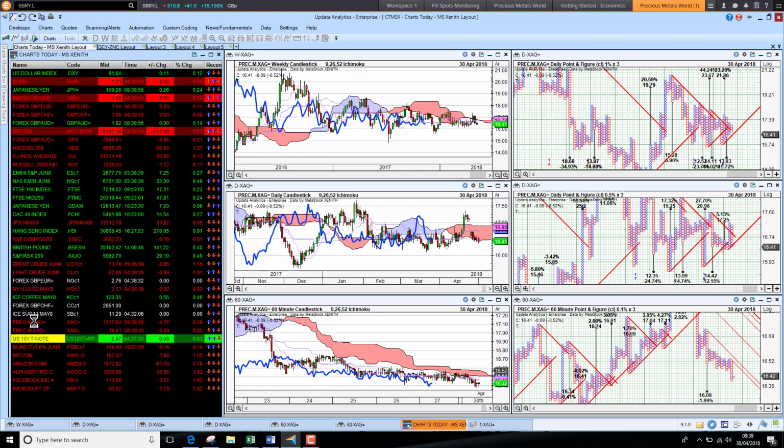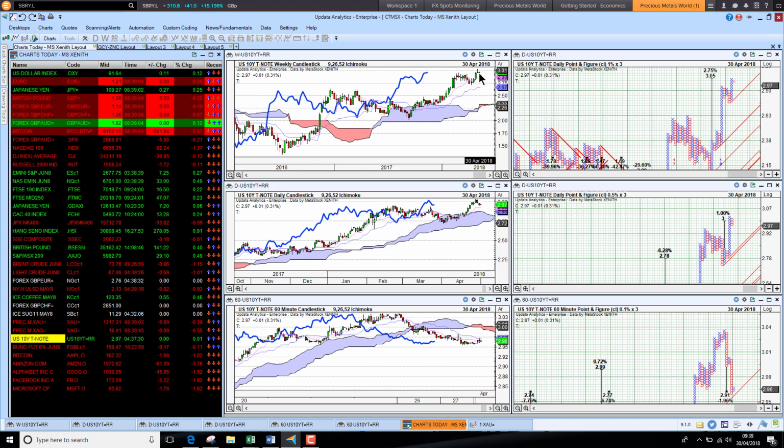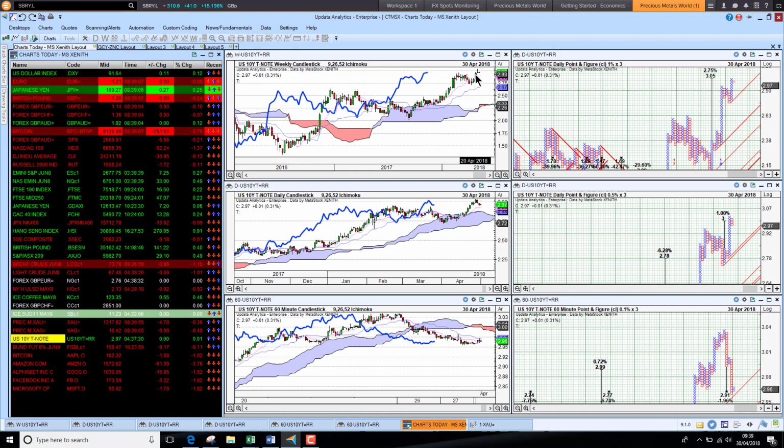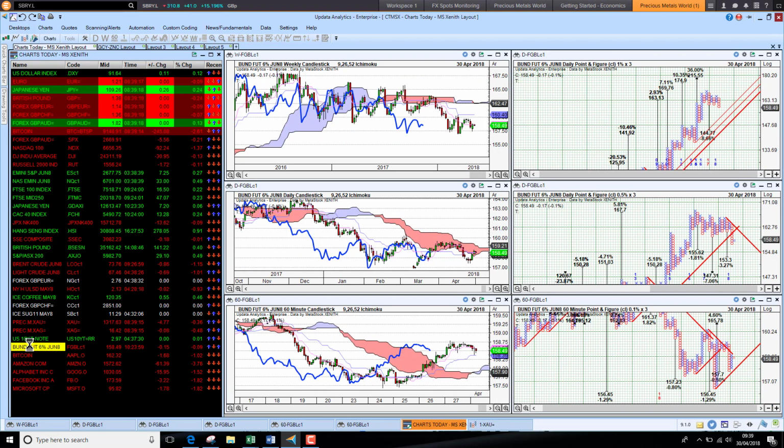US 10-year yields back below the 3%. They spent most of last week above the 3%. The week before last, we really see that big move in yields. It does look like we'll hold around these levels, but short term we are just bearish for the moment. And we've talked about the bond market. The yield is obviously the inverse of the bond price, and here we see German bonds just struggling to hold the gains that they made towards the end of last week. Still bullish short term, but bearish medium and long term, bonds look like they're in for a rough ride in the coming months.